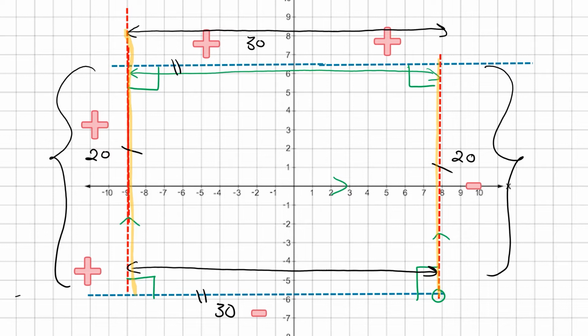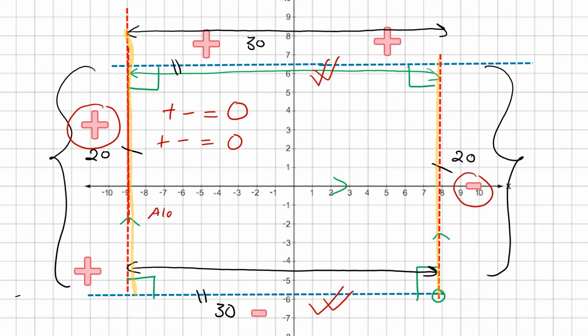So both sides are equal, but they have opposite signs. So this is positive, this is negative. So when you add these two sides, then you get 0, right? In a similar way, when you try to add these two departures, since the two sides are equal and opposite, again, you get 0. Okay? So that is why, when a traverse is free of errors, when a traverse is perfect, then the